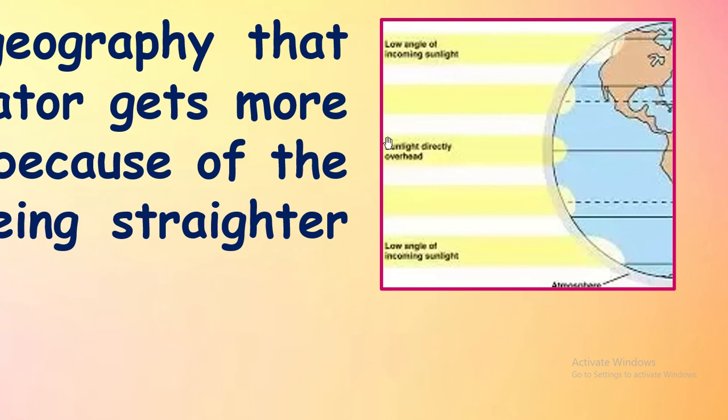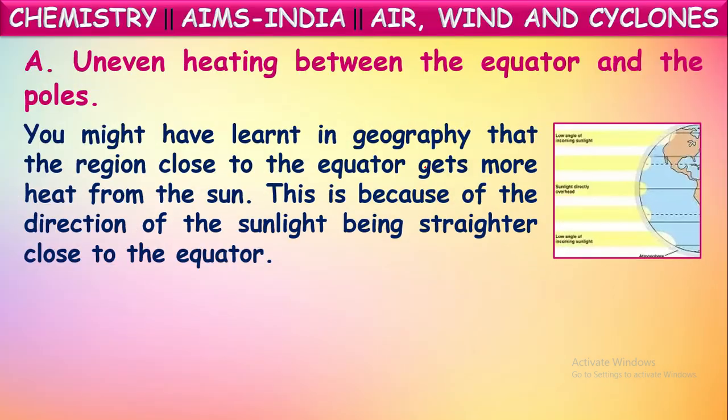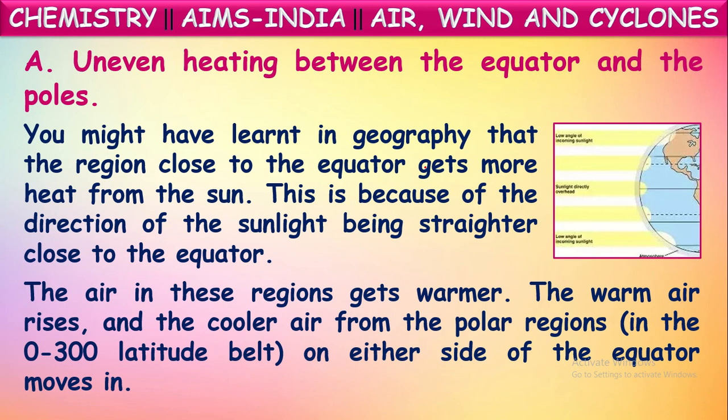Suppose the sun is here. The sunlight will go in a slant position to the poles, but to the equator position, it falls directly. So it becomes warmer than the polar regions. Okay. The air in these regions gets warmer because of this. The warm air rises up. As air in this area becomes warmer, it rises up, and the cooler air from the polar regions